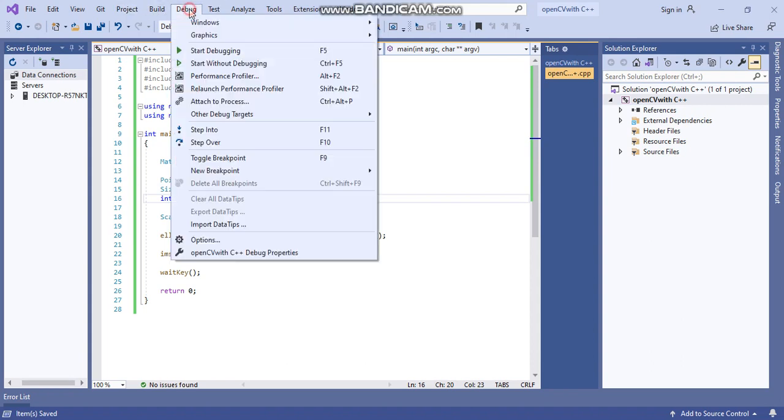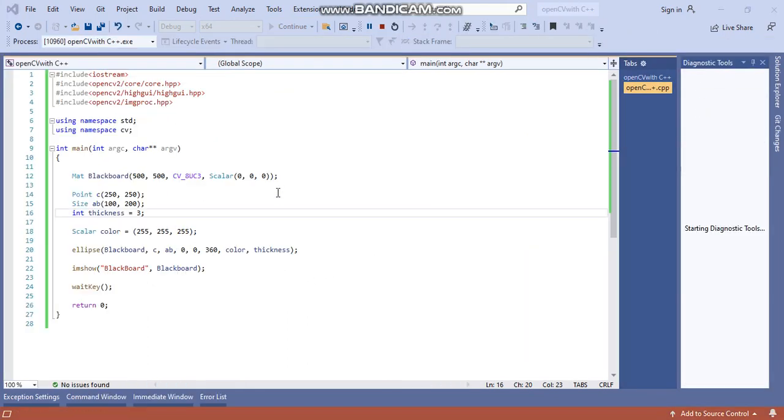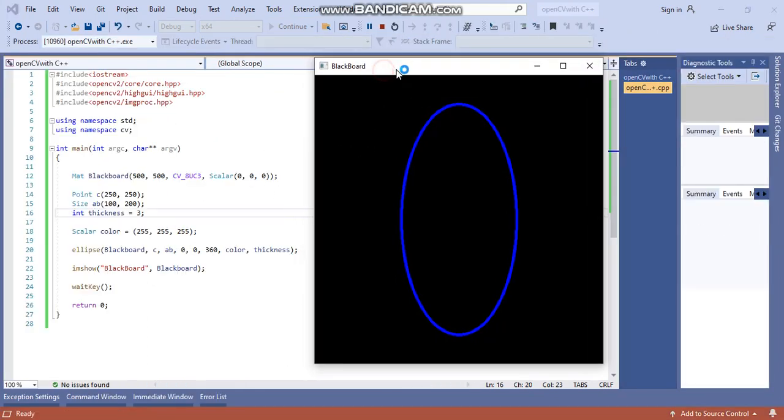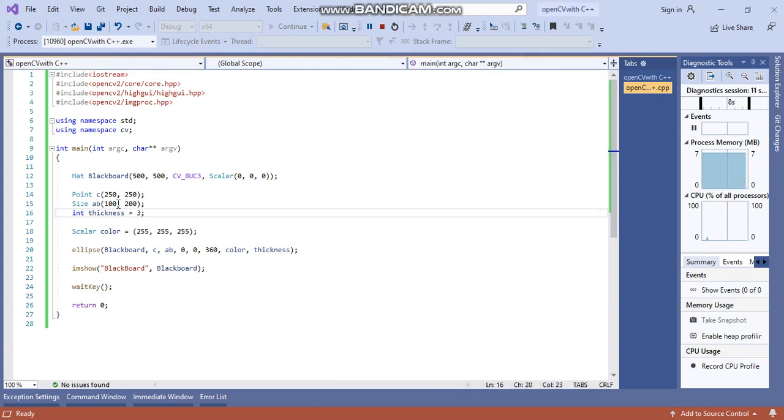Now run this program once again. If you run this program, you can see this vertical ellipse has been drawn. If you want to see horizontal, you can check it horizontally also. For example, suppose I write here 200, and here I write 100.